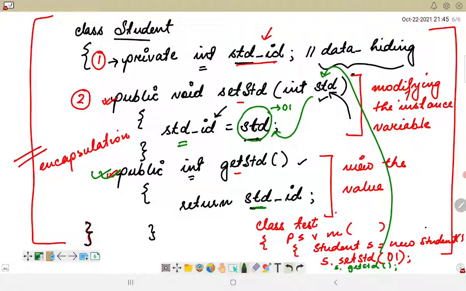However, since there is no display method here, we have to introduce the display also. So you can simply write down system.out.println here, or here also you can use this particular statement. So we will see this with a small program also, but we have to understand that since we are hiding the data from the other classes, this particular variable will not be exposed, and we will not be able to access this variable from other classes. Okay, since this is a private variable.